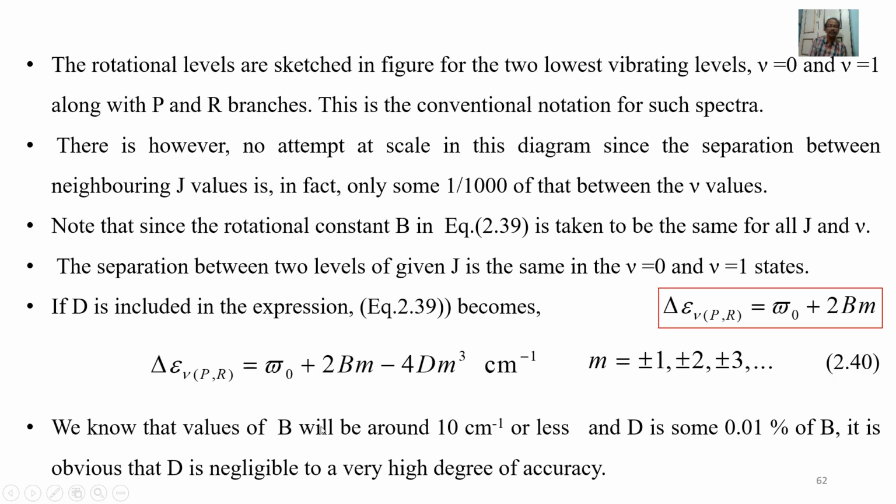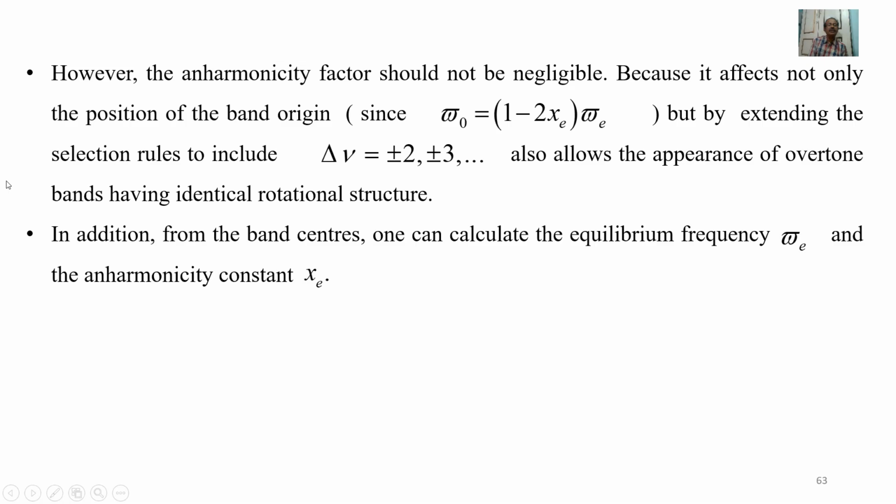We know that the values of B will be around 10 centimeter power -1 or less. D is some 0.01% of B, so very, very low. It is obvious that D is negligible to a very high degree of accuracy. However, the anharmonicity factor should not be negligible. Xe should not be negligible because it affects not only the position of the band origin,